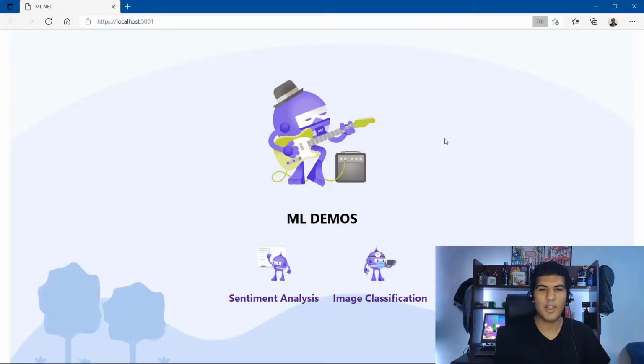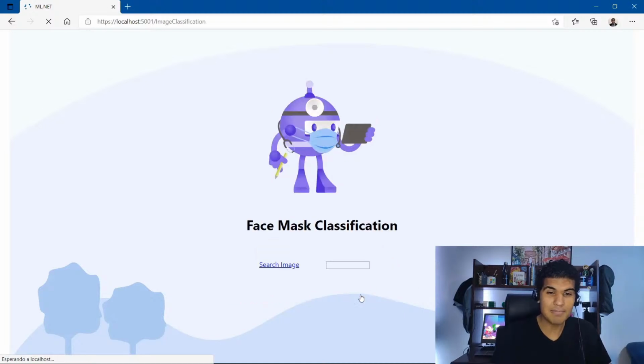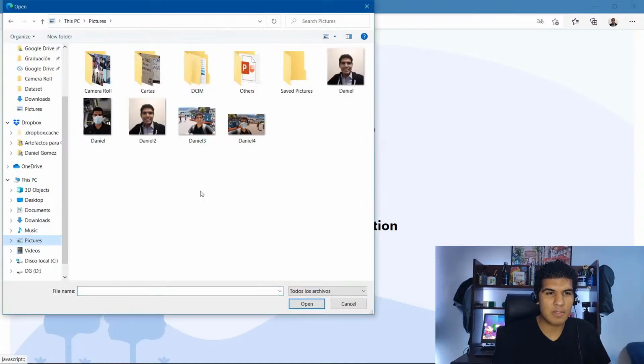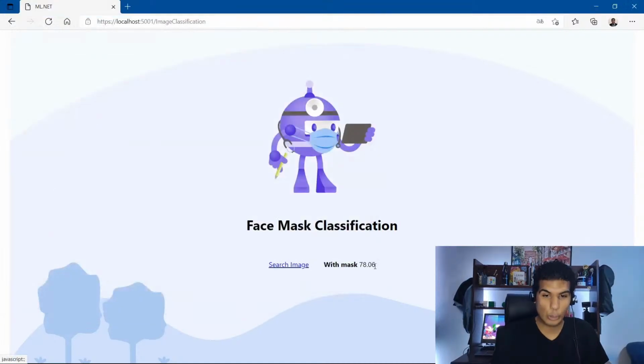Okay, our demo is here, with styles and more beauty to see. For example, this is the other demo for sentiment analysis. In this case, we want to see the image classification process. Okay, in this way, we need to search for the image. Okay, I will put that image. Okay, with mask is the result of this prediction with 78%